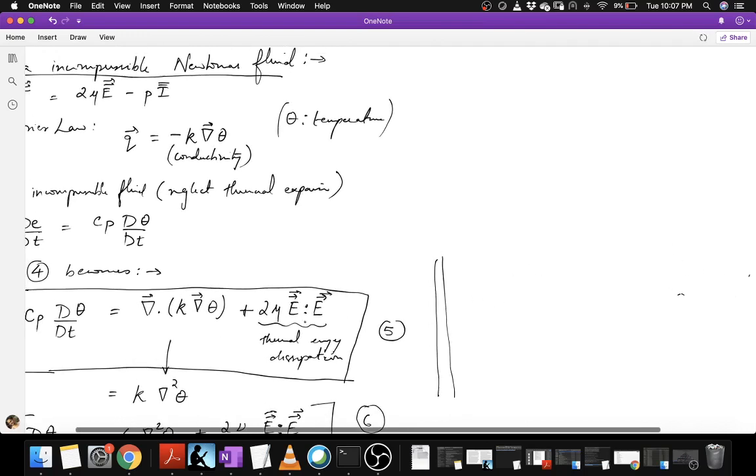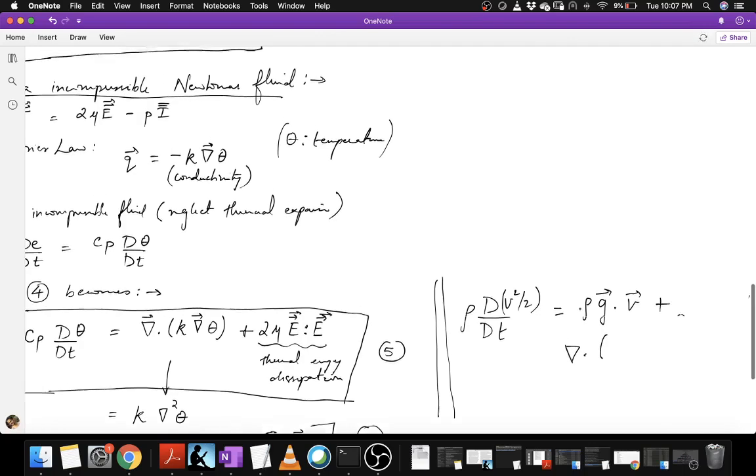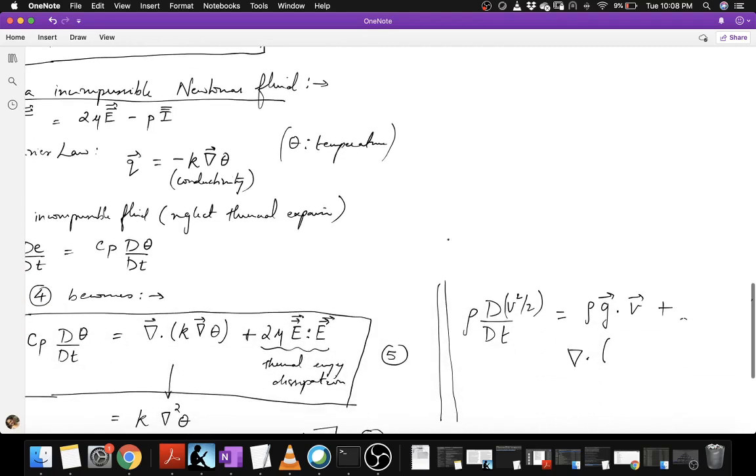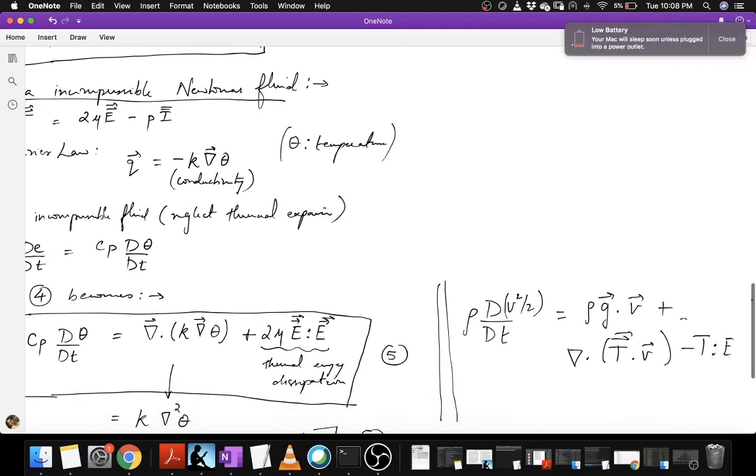Okay, so what we have here is the material derivative of kinetic energy is equal to rho g dot the velocity plus the divergence of, let's go back to this equation, the divergence of T dot V minus T double dot E, because I am replacing using 3 and 2, where T is the stress tensor, minus T double dotted with E,